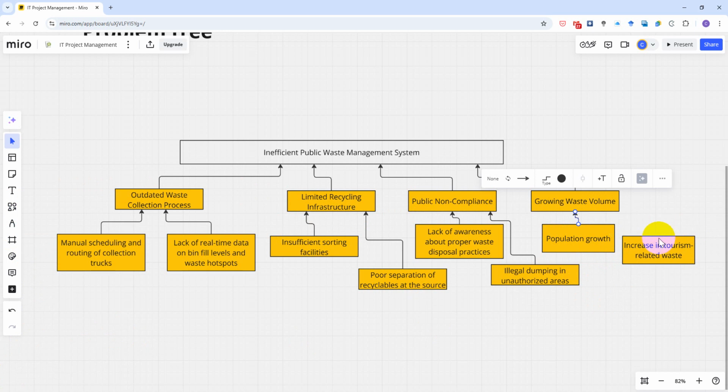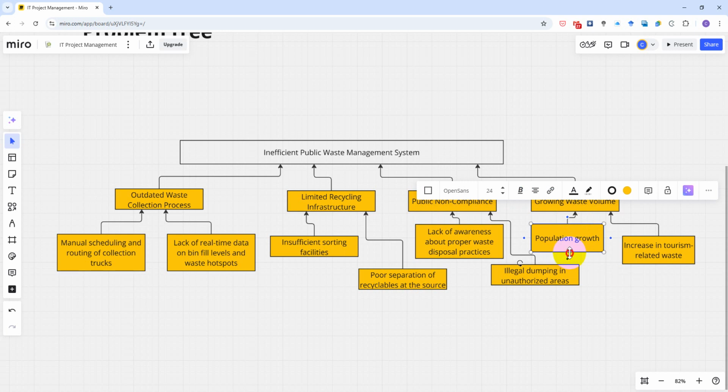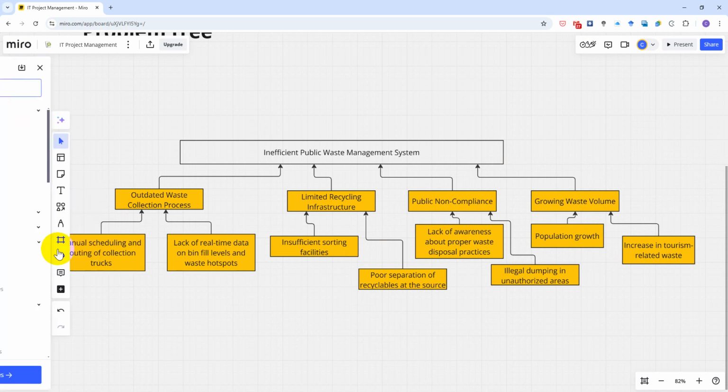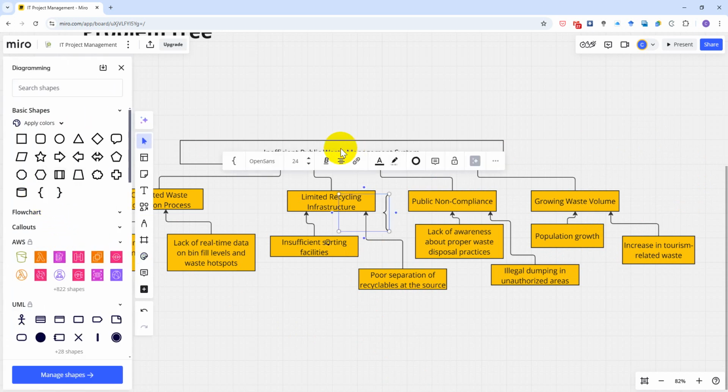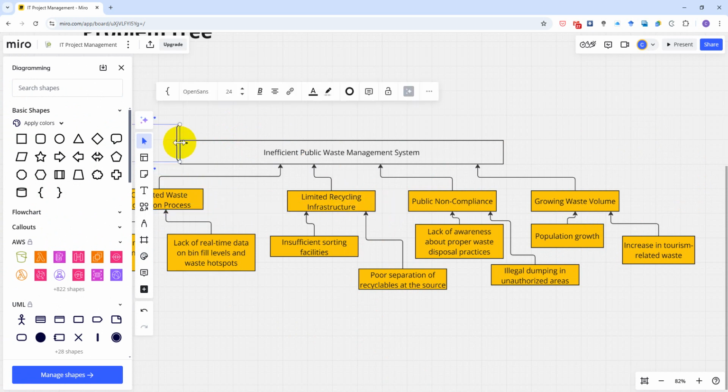So this is the bottom part of problem 3 that consists of the causes of the problem, yeah? Everything which is a cause was identified here. I will put a